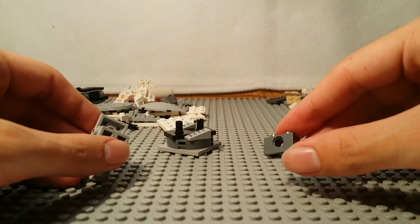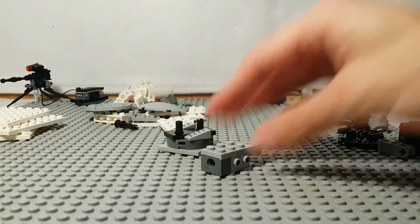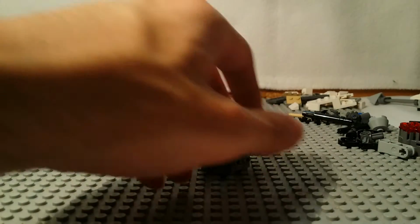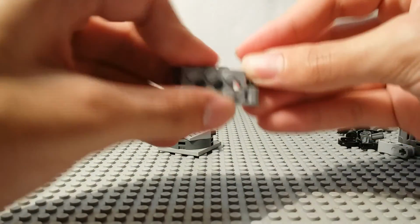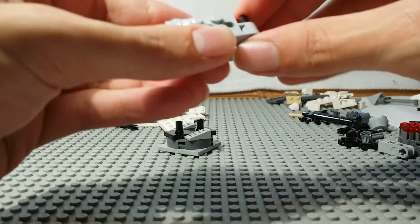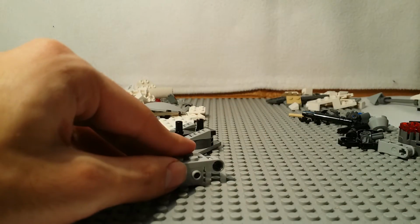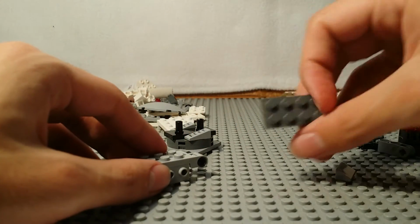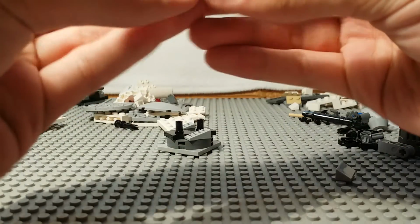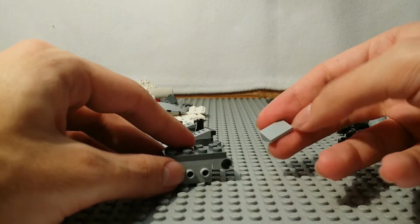And then we are going to take a 2x1 brick with a Technic hole in the center, put it on the front, just like so. Take a Technic pin, the simple kind, simplest one available, put it just like that. And now we're going to do a little bit of work on the top of this. So what you do is you take a 2x4 plate, slap it on top, take this 2x1 horizontal slope,